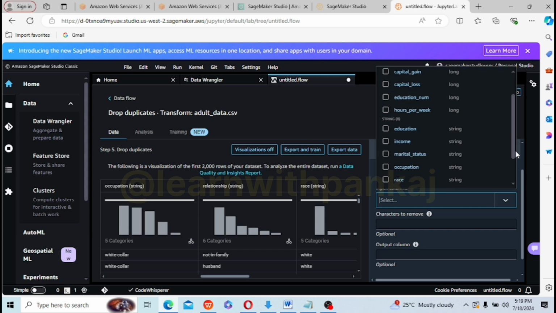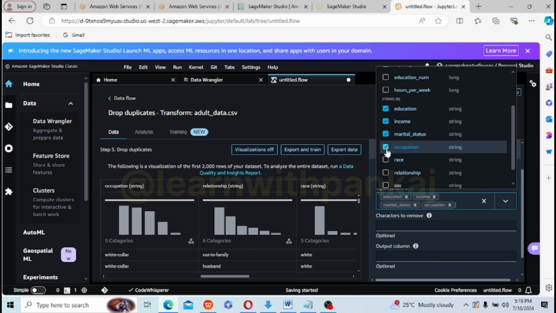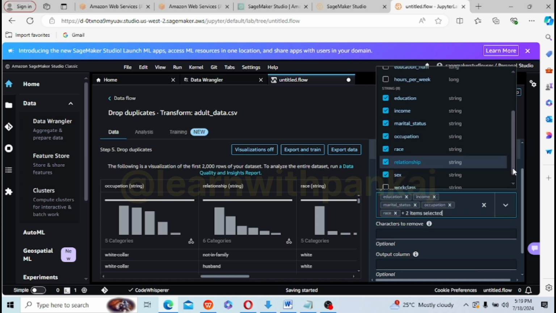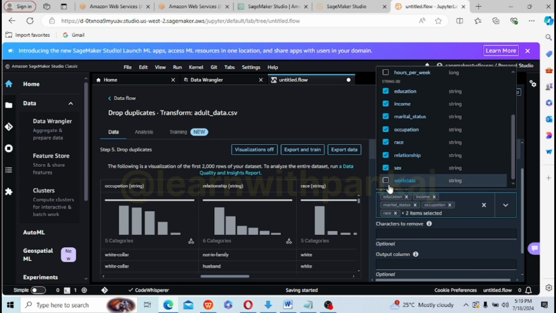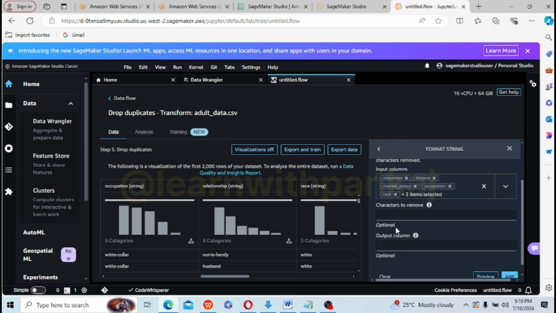So these all are the strings, right? This is the long, and these are the strings. 1, 3, 4, 5, 6, 7, 8 labels we have, right, which have string values. Characters to remove: space, any space there, we have to remove.